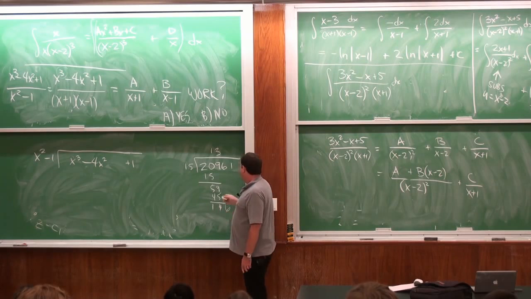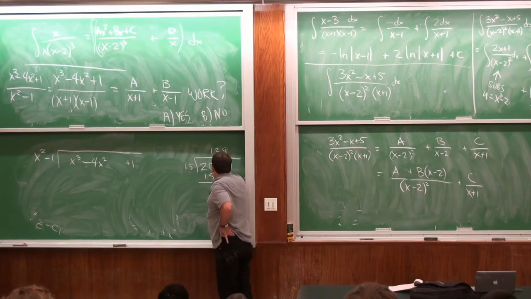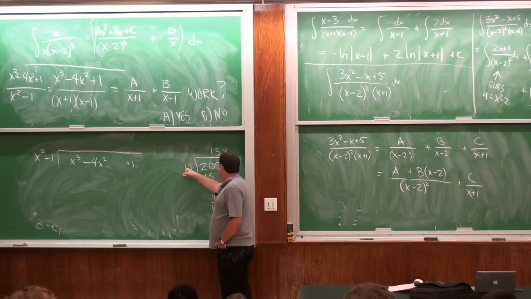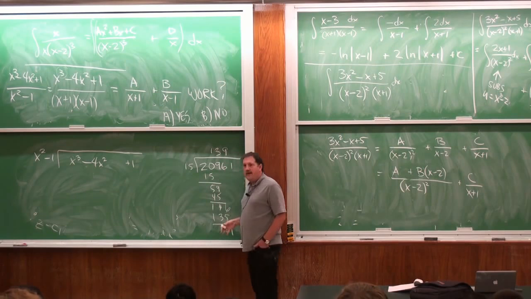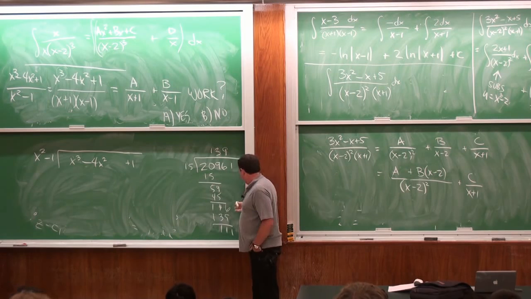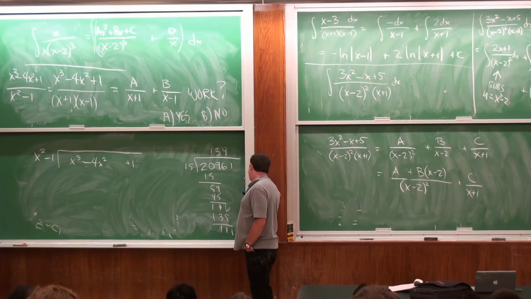9 times 5 is 45, you're right. Okay, so 9 works, and when I do 9 into here, I get 90 plus 45 is 135. And I bring down the 1. I'm already tired, but now it's so close I should finish, right? So if I go 15 into here, it goes 4 times, 5 times. Come on. 7? 7's too big.